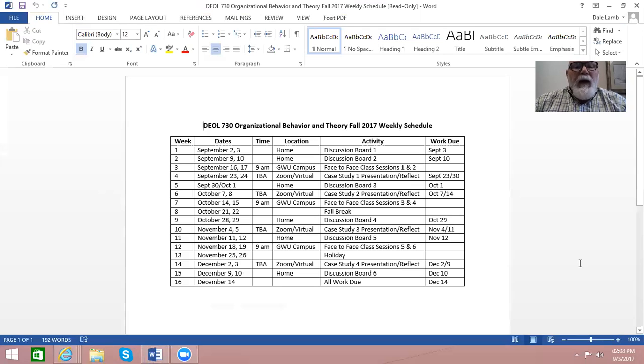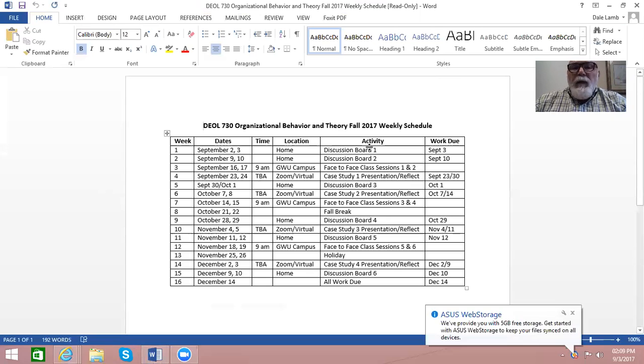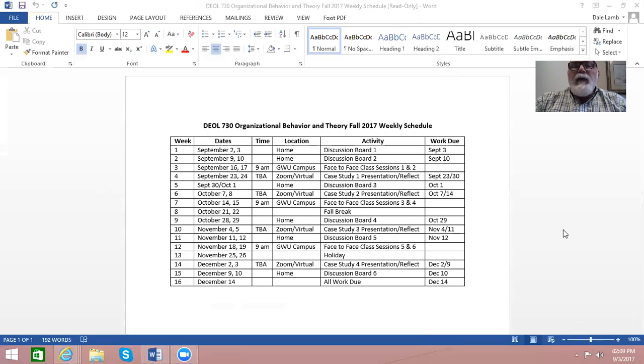I have every weekend from here till December 14th mapped out: what time we're going to be meeting, whether we're on campus, whether you're at home, or whether we're on a Zoom virtual meeting, what the content is for that week, and then the due date for the work that we did that week. And so there we go.